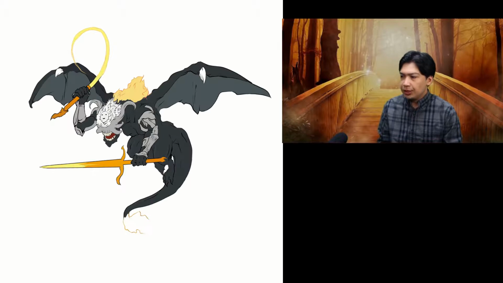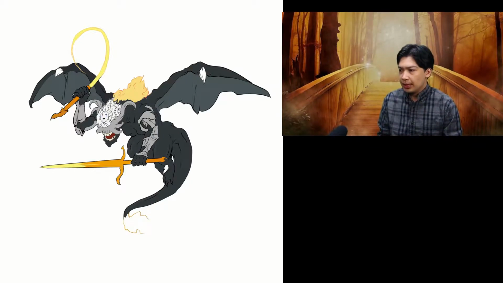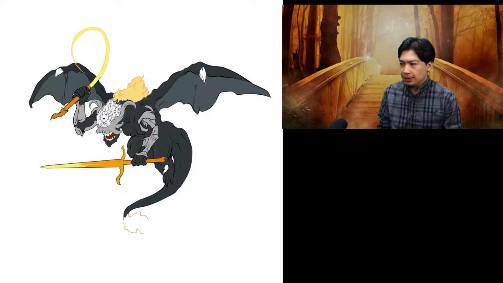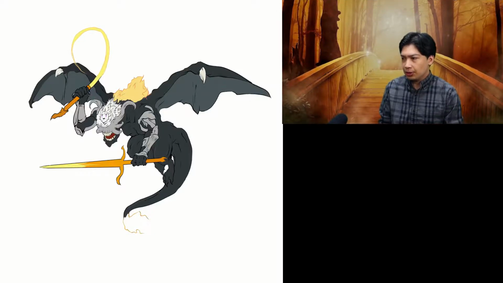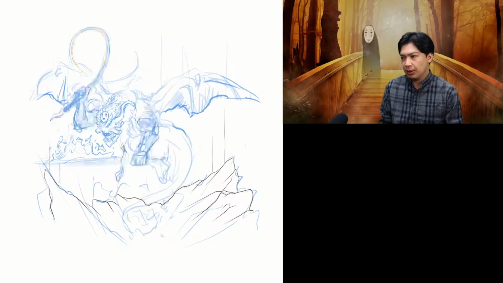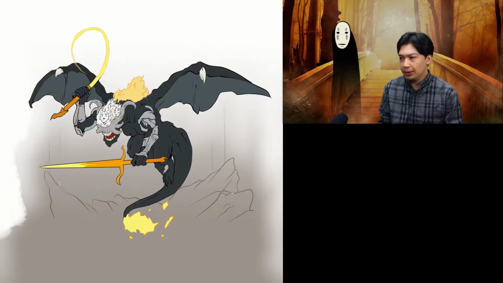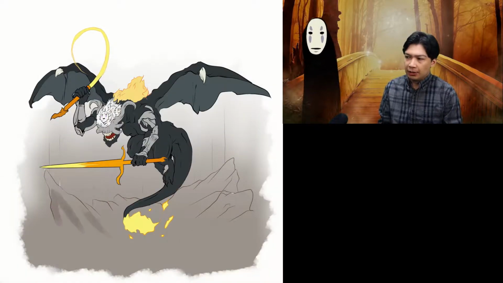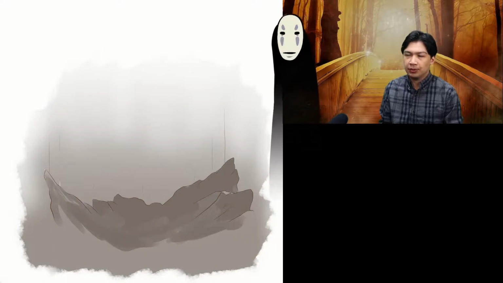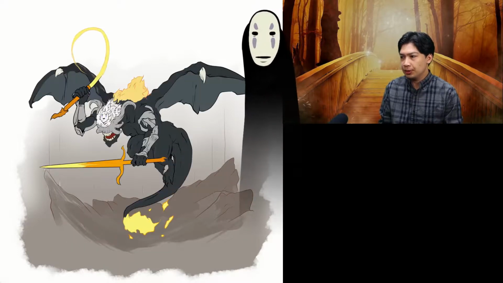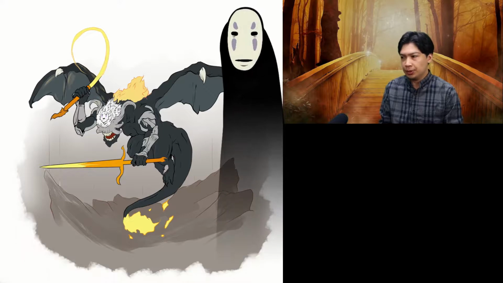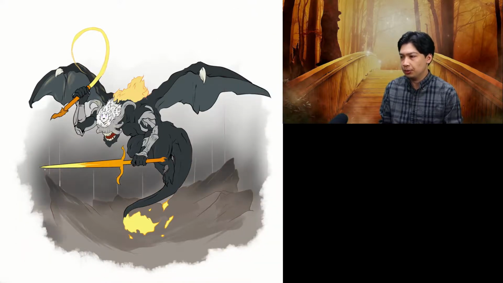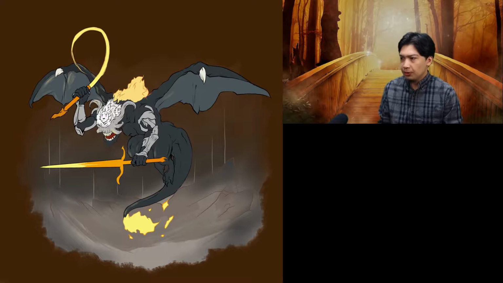The whole design process was simply trying to create a dragon, but a dragon that is really dark in color, since No-Face is primarily a dark colored ghost with a strange mask. I added the hair in there as a callback to the movie Spirited Away, when No-Face started swallowing up a lot of people and grew some hair and a mouth and was really hungry for a lot of food. I had a lot more fun actually creating the head of this Balrog No-Face mashup.